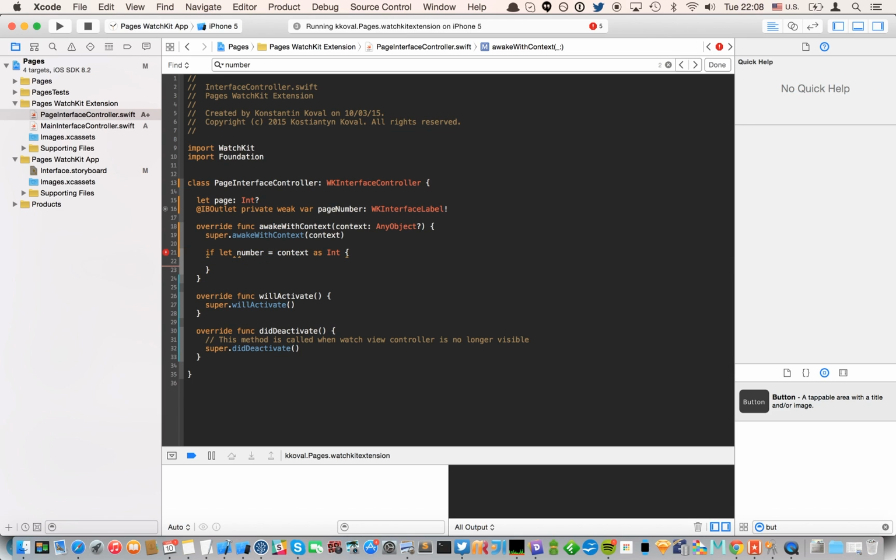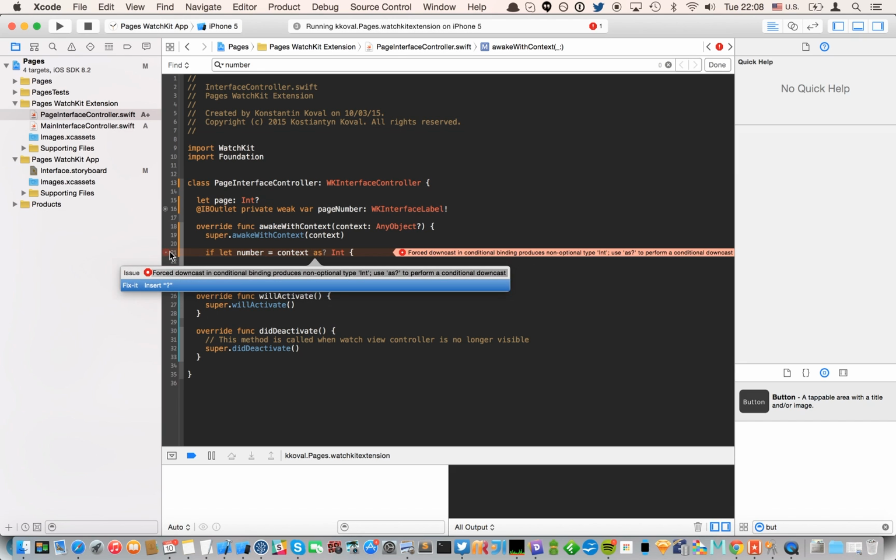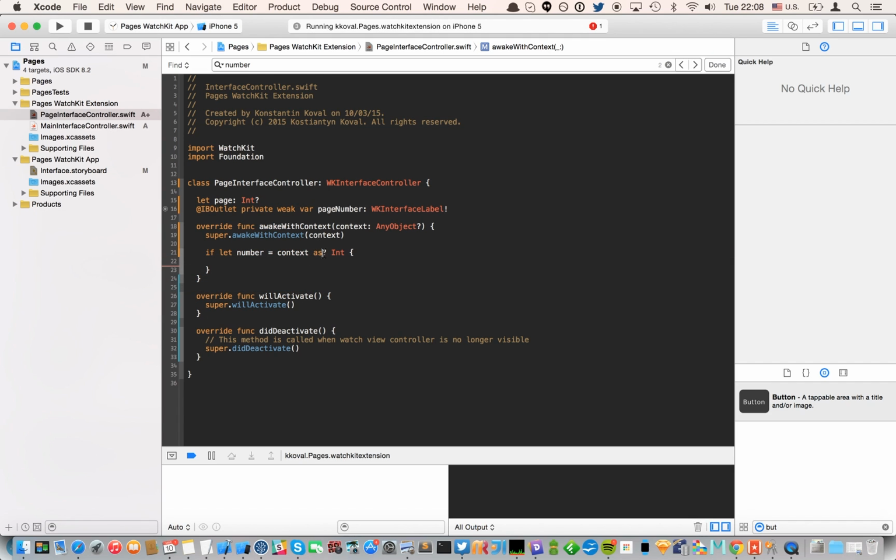Right. I've been doing too much Objective-C lately. Okay, there's a question mark which says it can fail, which is okay for us because we use if that, and